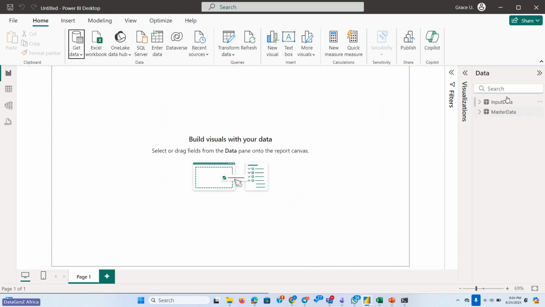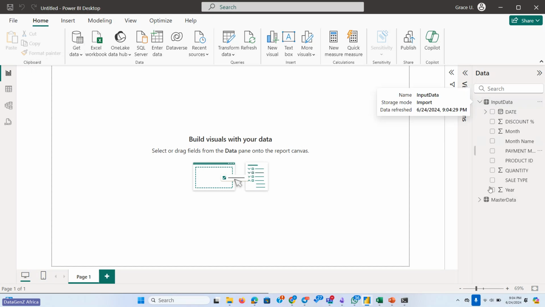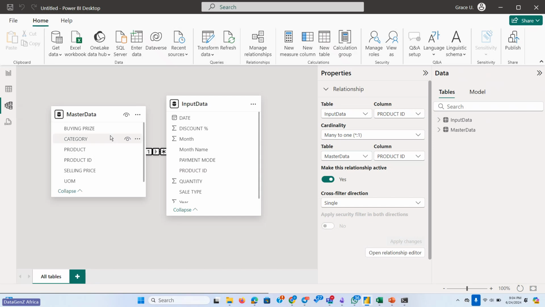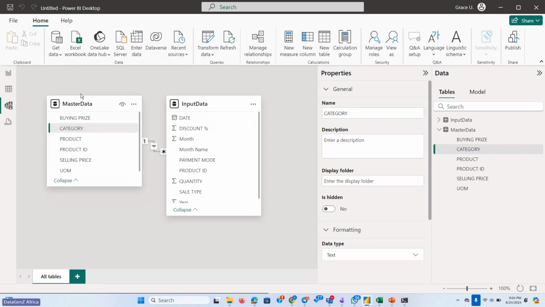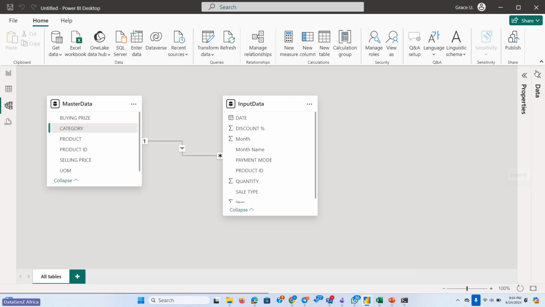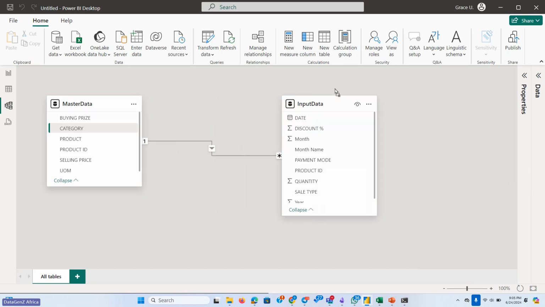Okay, so you can see that the data now is on the data view, the data pane here. You have your input data and then you have the master data. If you go to relationship, this is the model view. You can see the two tables here with the relationships of the two tables. You could have many other complex relationships on your Power BI Desktop. But because we have a table showing you that we have a one-to-many relationship,